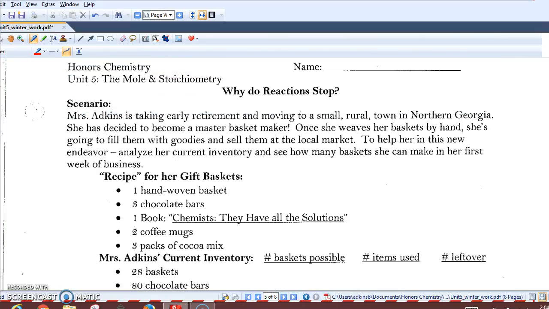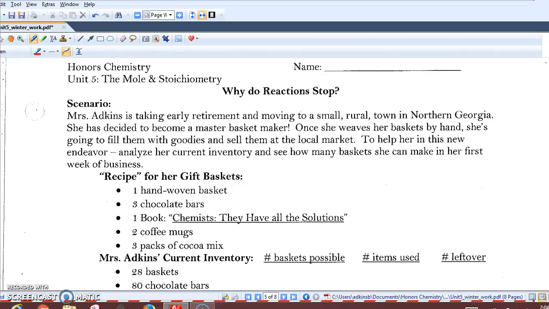This screencast is going to focus on the idea of what's called limiting reactants and answer the question, why do reactions stop? The previous problems that we've worked out have given us one amount of reactant and asked us to find how much product can be made. If there were other reactants, we assumed that those were in excess, which means we just assume that we have plenty of it,